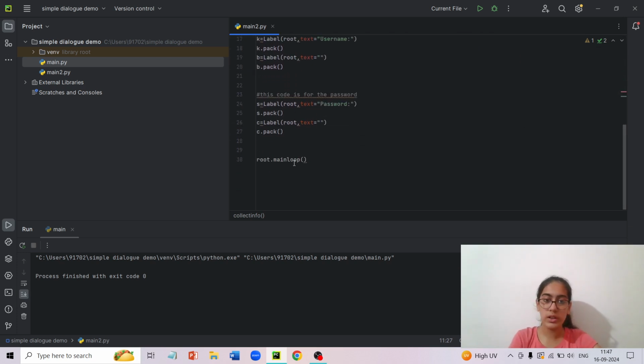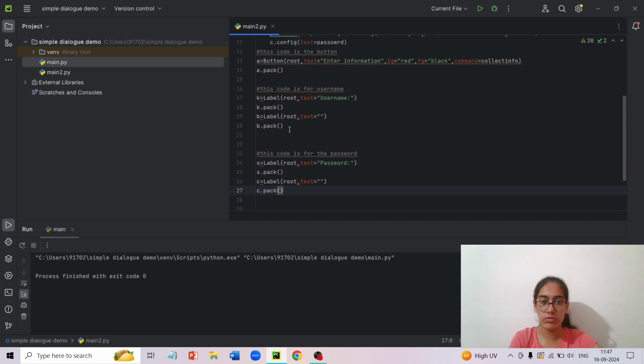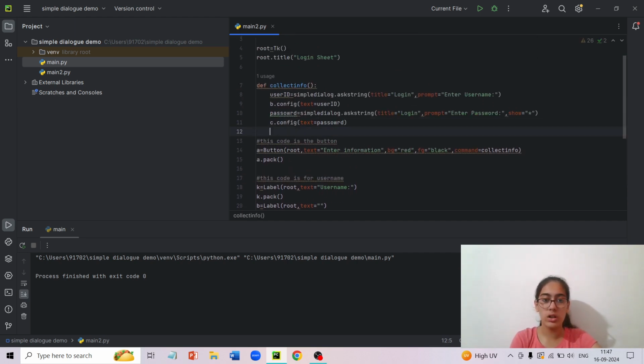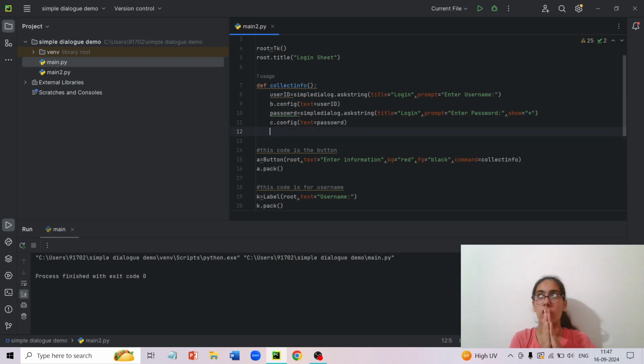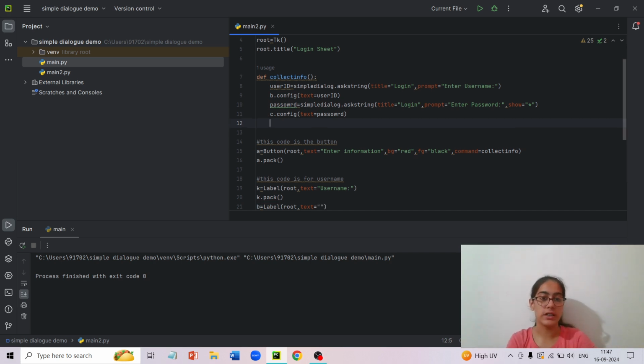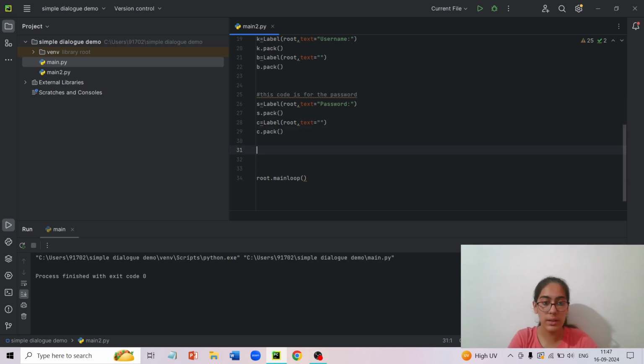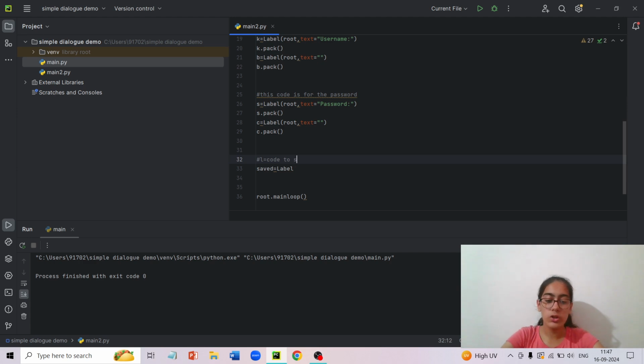But now I also need to show a new label which shows that your information has been saved successfully. So I'll create another label called saved, which equals to label, the code to show the final label.